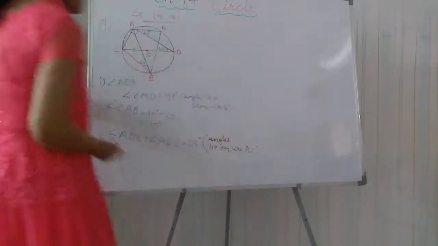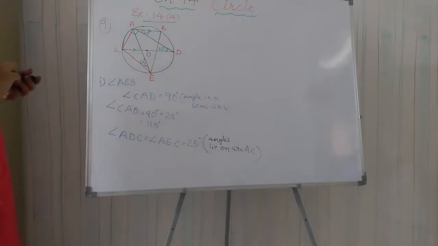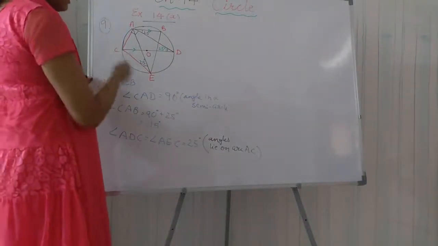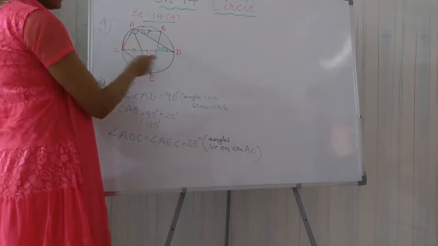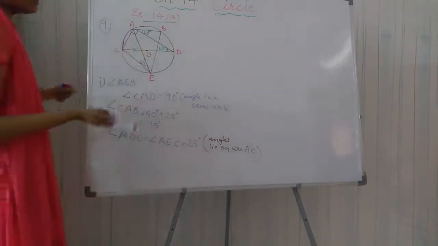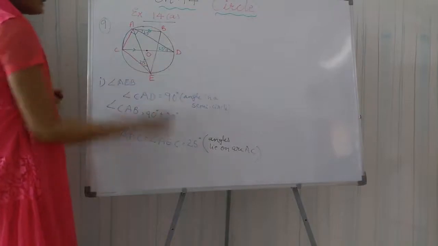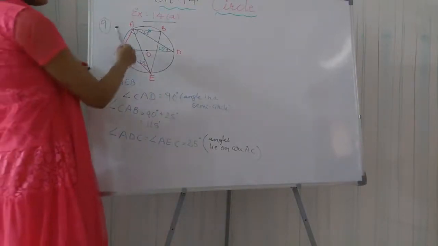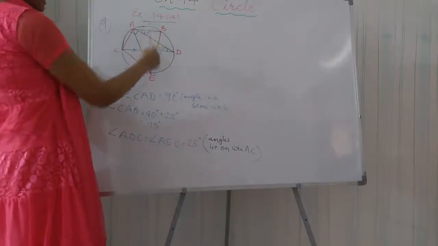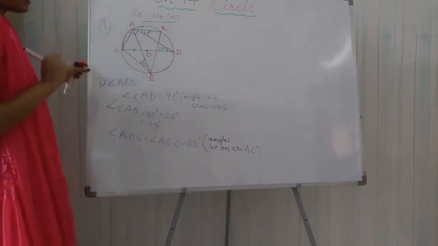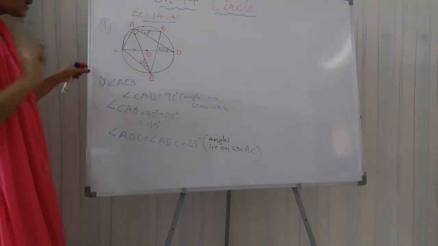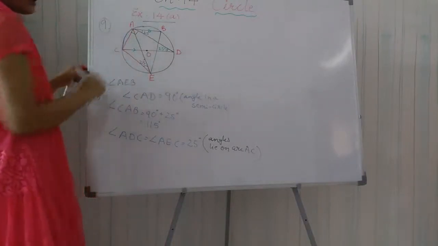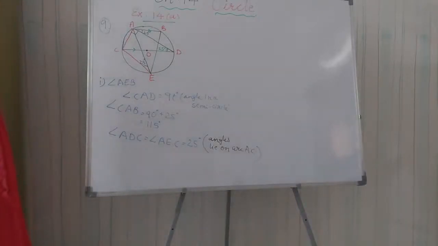They lie on the same arc, so they are equal in measure. We have already studied one of the theorems of our circle, or you can say they lie in the same segment also. It is the same: at the circumference, angles are equal. Okay, now students, here this is the cyclic quadrilateral. ABEC is the cyclic quadrilateral, and the property of a cyclic quadrilateral is that opposite angles of a cyclic quadrilateral are always supplementary.